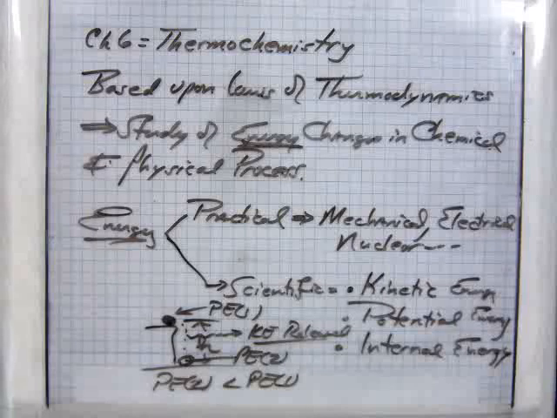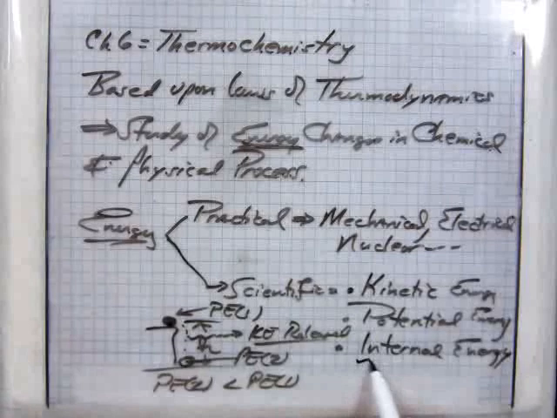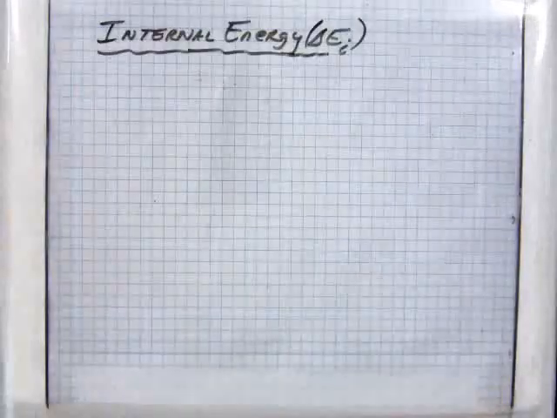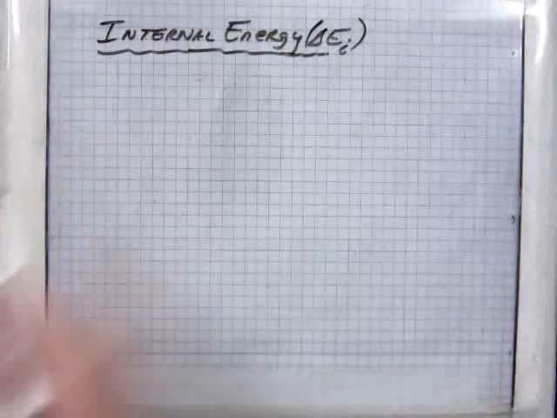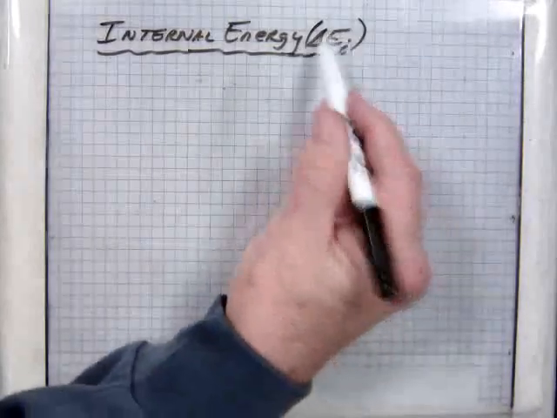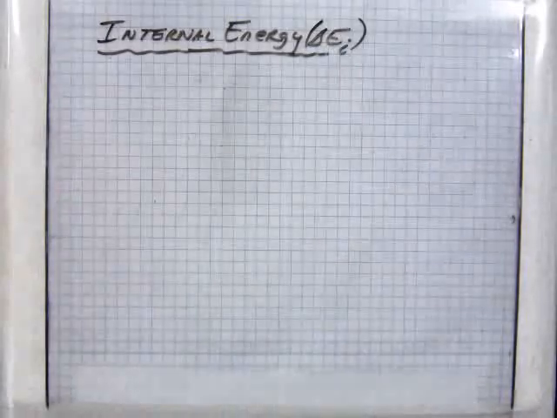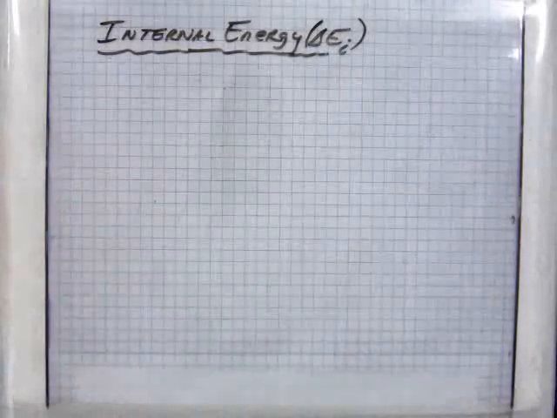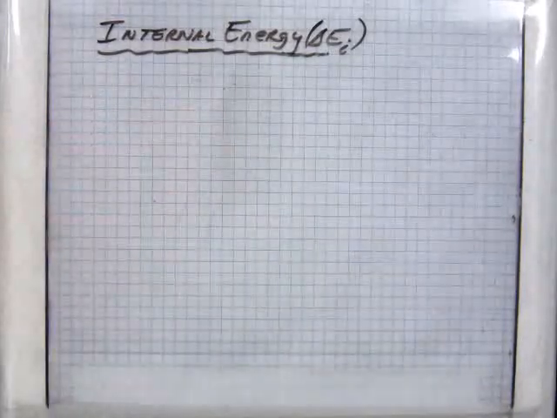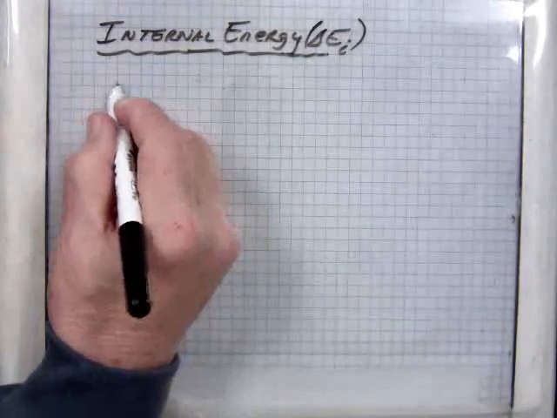Now, we will not study potential and kinetic energy in a chemical context. What we are interested in is this third one, internal energy. You'll note internal energy, and the symbology is delta E subscript I for internal energy. Well, straight away, the definition: this is the energy